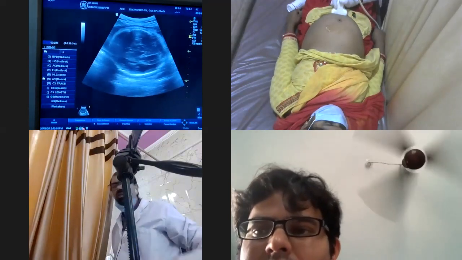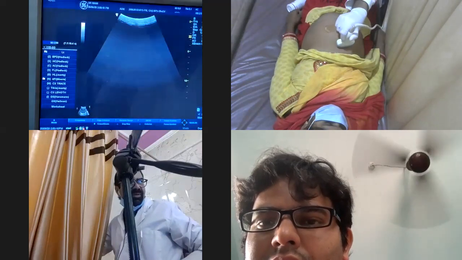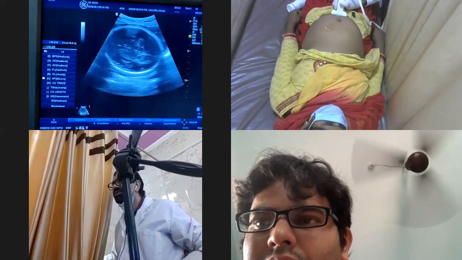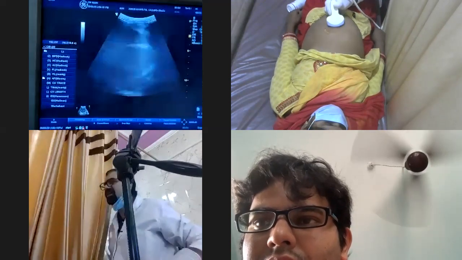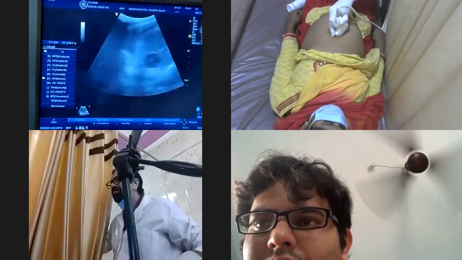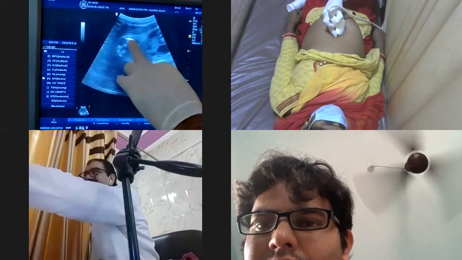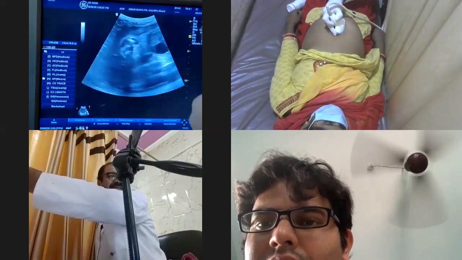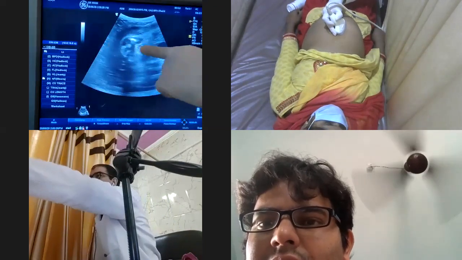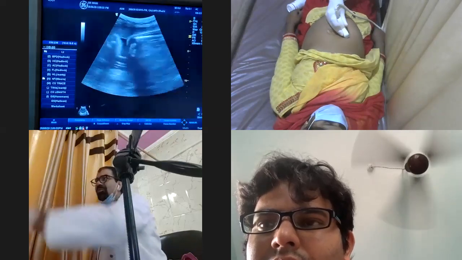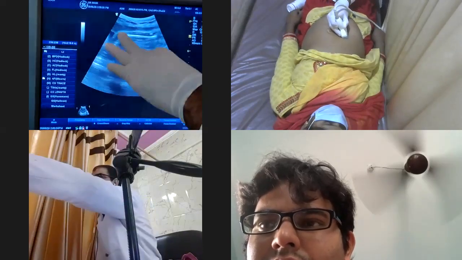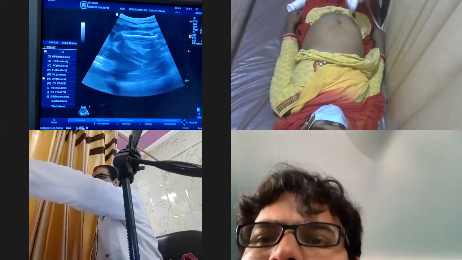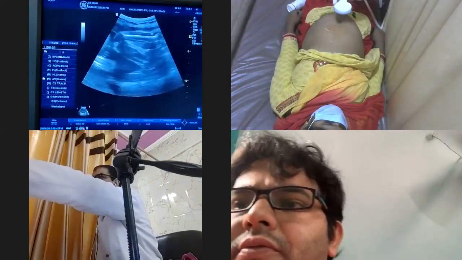Now, your question about the femur. What I told you: if the head is over here, the femur will be here. Now let us see if I am right. If the head of the fetus is here, I am moving up. This is the femur, but this femur is not in length. To get this femur in length, I have to just rotate over there, without leaving. And this is the femur. Done. So this is what I told you: if the head is here, the femur will be here.